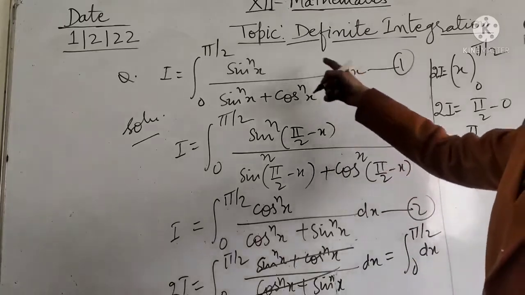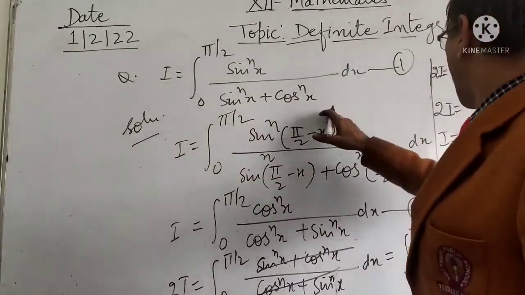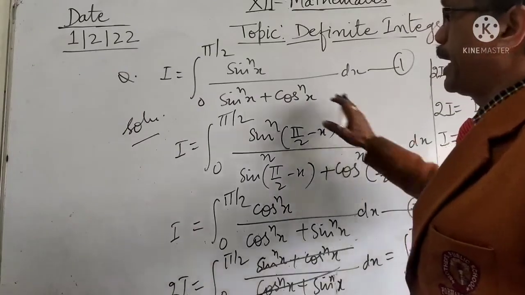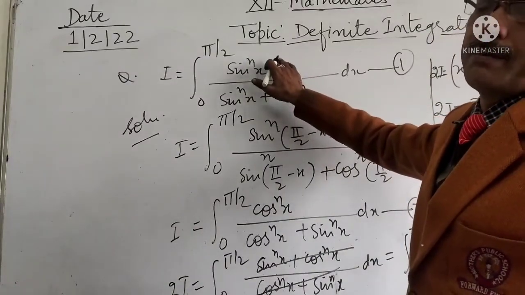So this type of integration mostly has the answer pi by 4. Here n may be any number, maybe 1 by 2, 1,